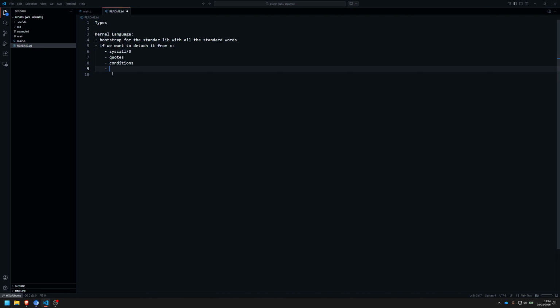We would probably need loops and some basic stack manipulation words, so we can call it combinators. Right. So basic combinators, basic loops, and well, we can have all of the conditions because they're not that many. So this is one path, but if we detach it from C and we go purely 100% low level, then